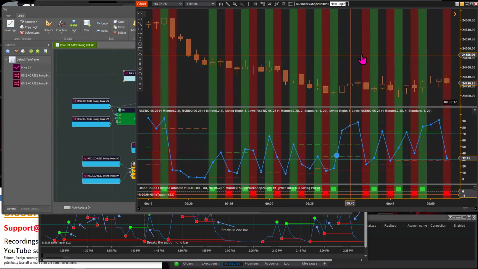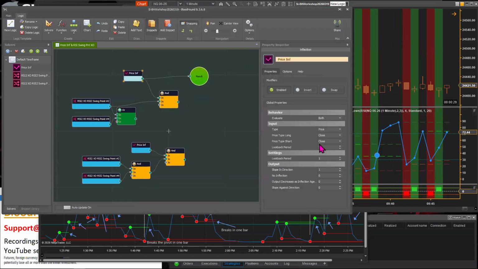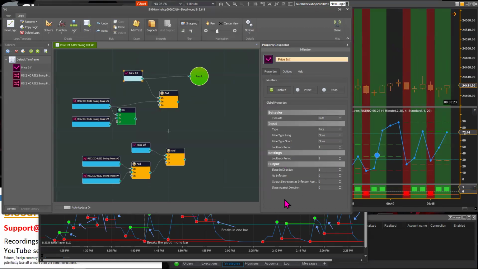So if you wanted to change that, let's go to our inflection solver, and our look back period, if we set it to 2, bingo, now we have the 1st bar and the 2nd bar with a long output. So we just had to set the look back period to 2, and that allows a crossover in the first 2 bars.